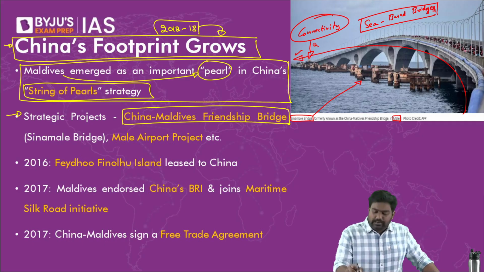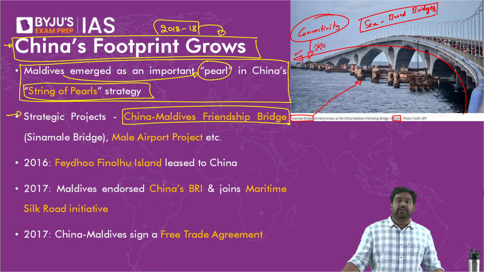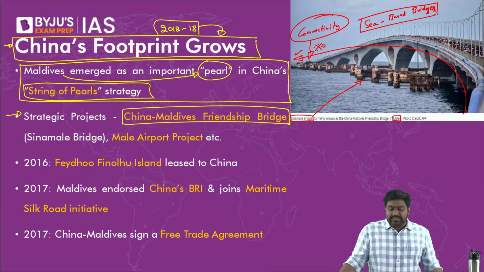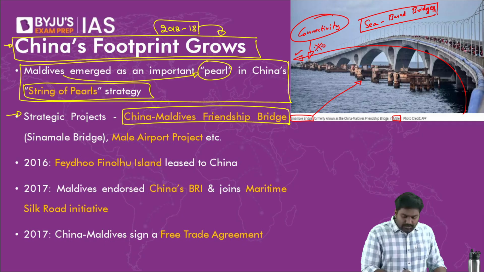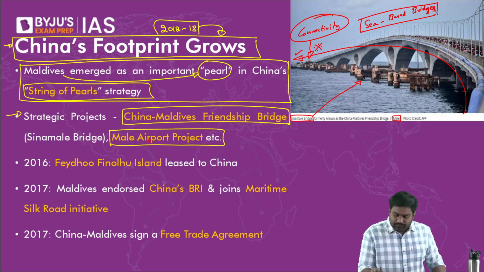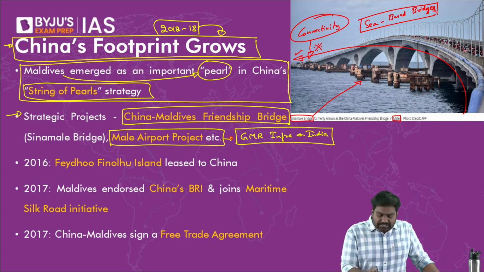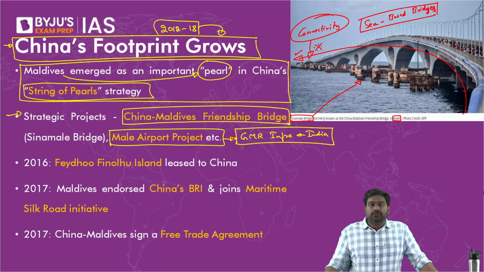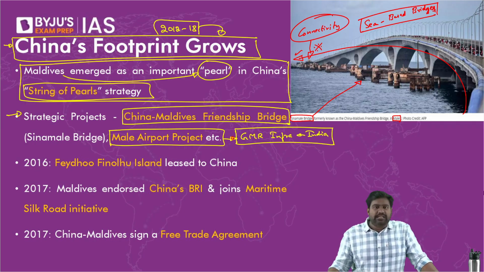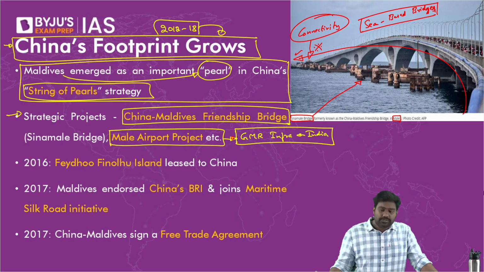It has become a vital lifeline for the people. They can easily move around. It boosts the economy as well, right? So China executed this key project. The Malé International Airport was a strategic project being built by India's GMR Infrastructure. Have you heard of an Indian company, construction company called GMR? Very popular company, right? In many cities, key projects are executed by GMR. Your flyovers, underpasses, and many key projects are built by GMR Infrastructure.